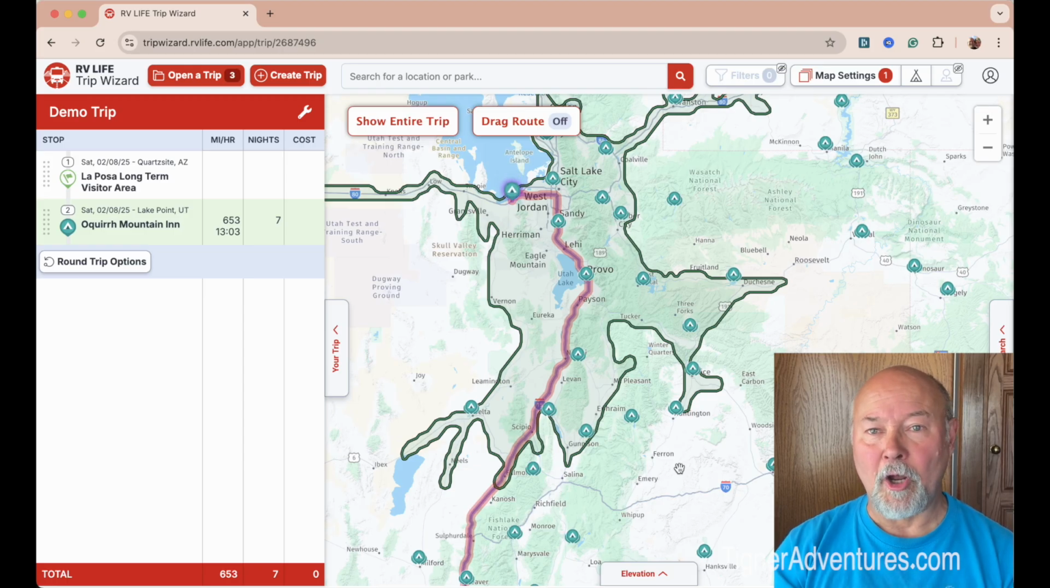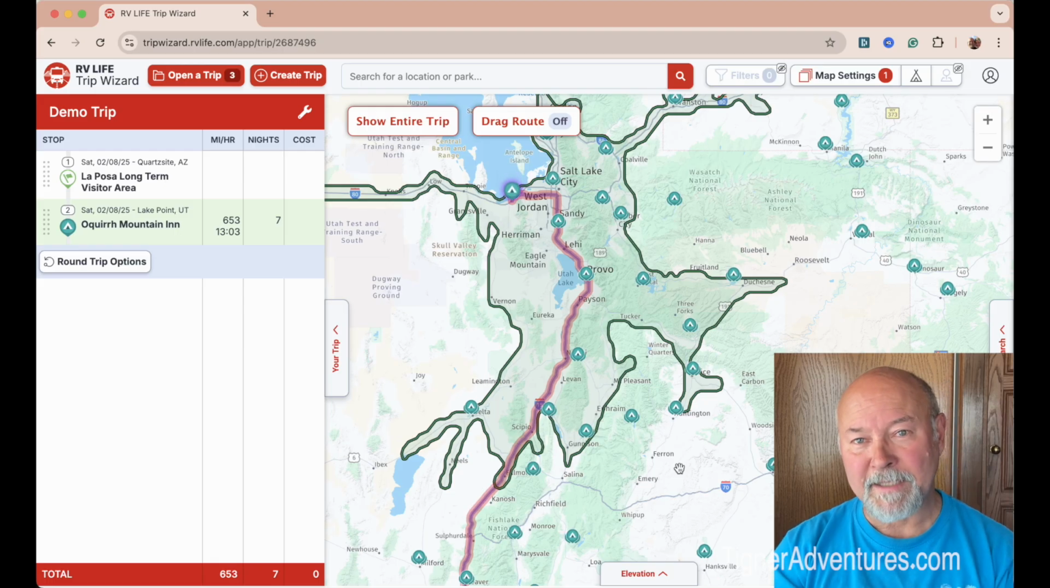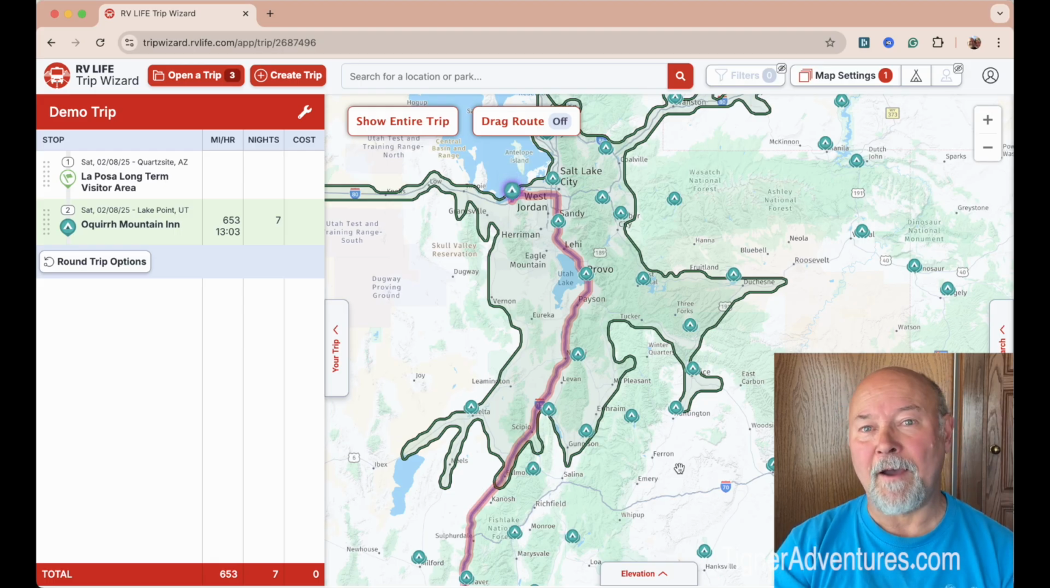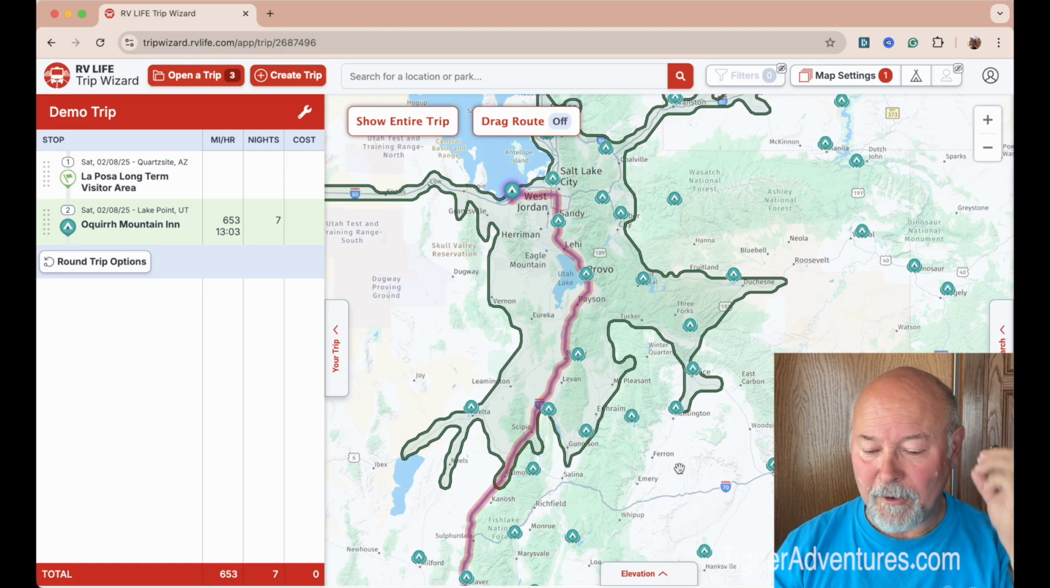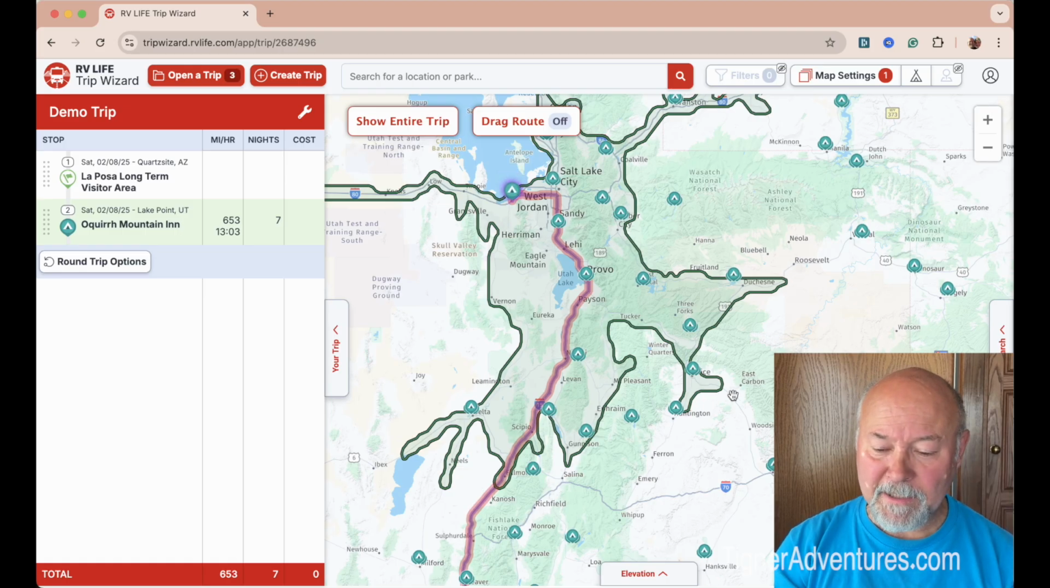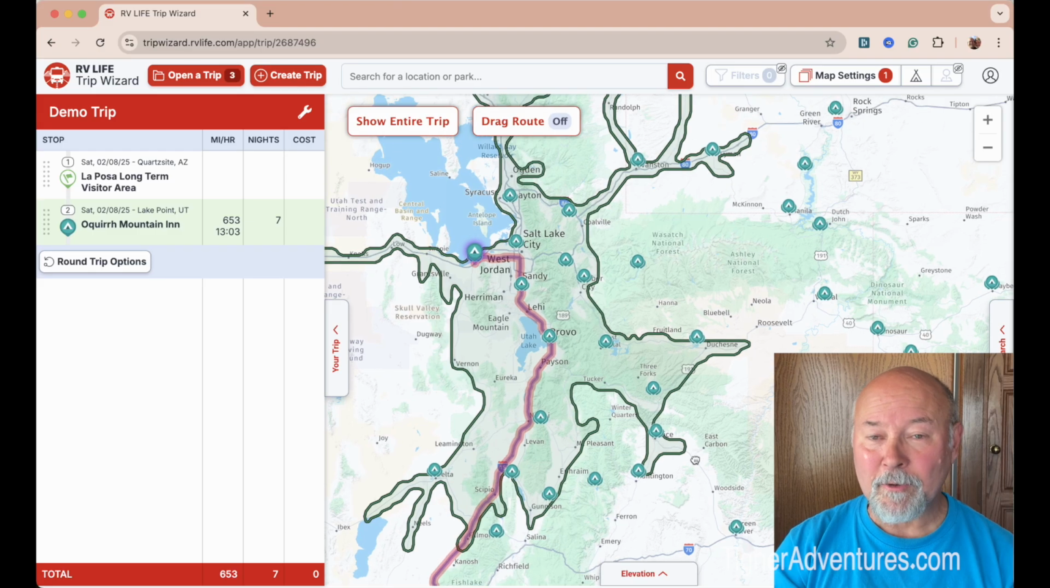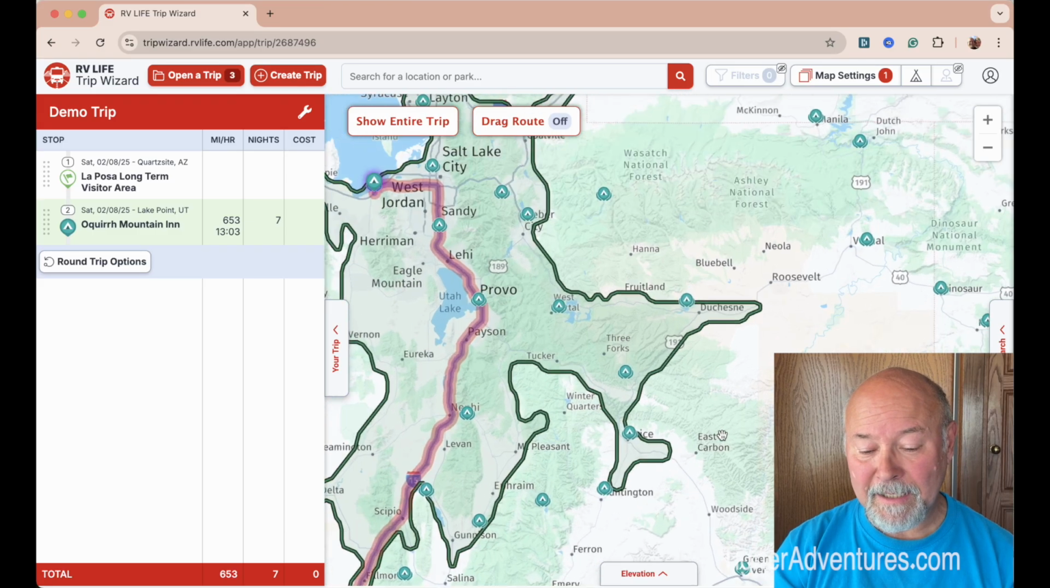Now I say they're not typically because they do have a number of dispersed camping things in here, and they do have a lot of areas in here that don't require you to pay to stay at. So it's really kind of hit and miss as to how that works. But in that particular case, we're going to go into our next little piece there, and that is we can